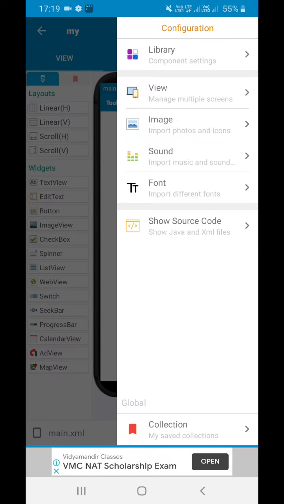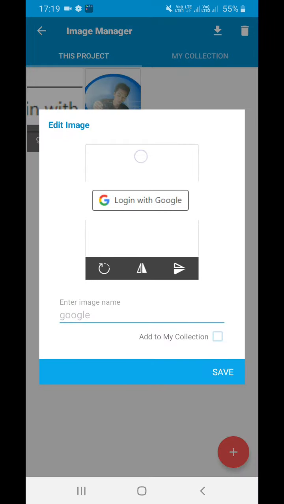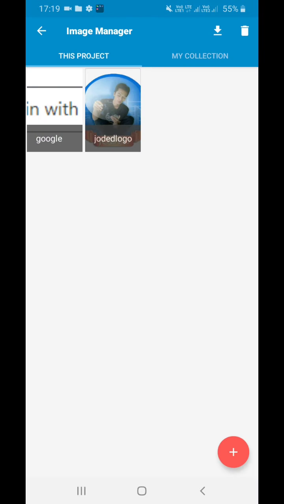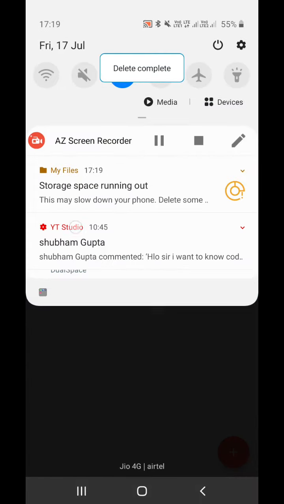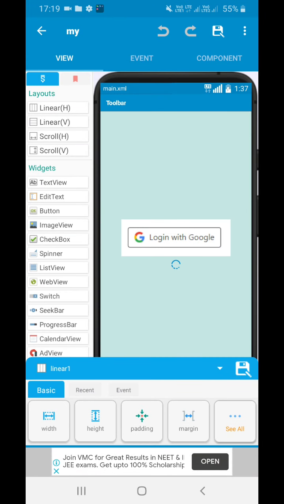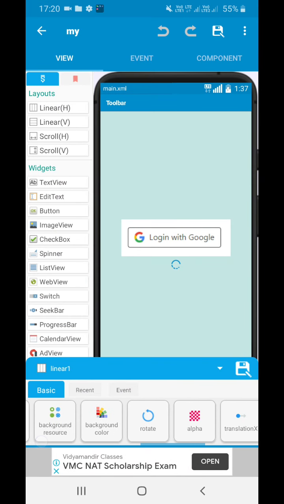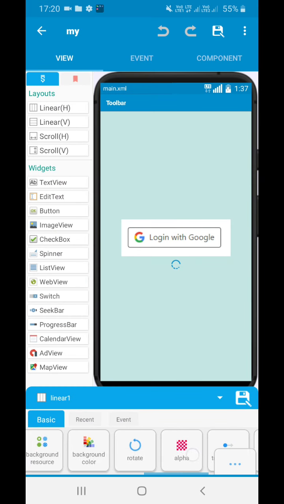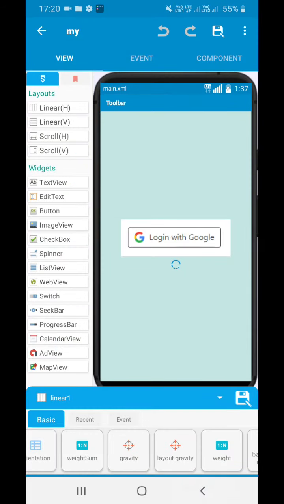After this, I have added an image here. You can delete this image, I have just kept it. So let's move back. Now here we have added a linear layout whose width and height are match parent, and its layout gravity is center horizontal and center vertical.